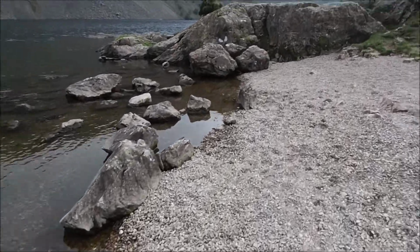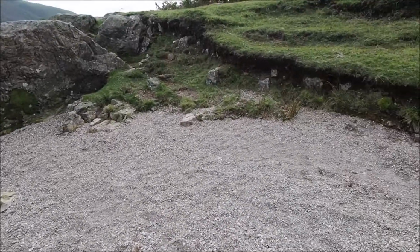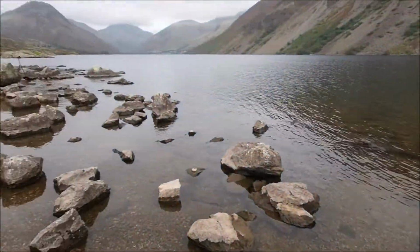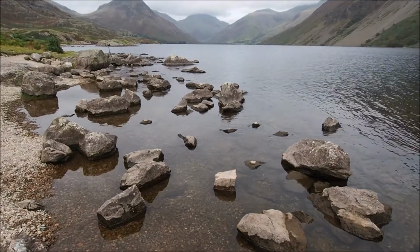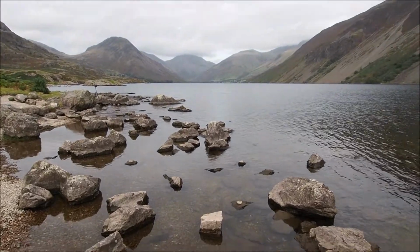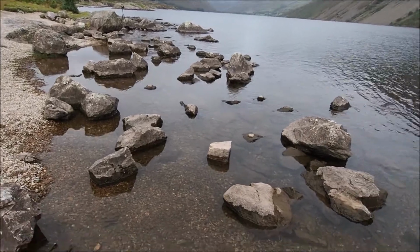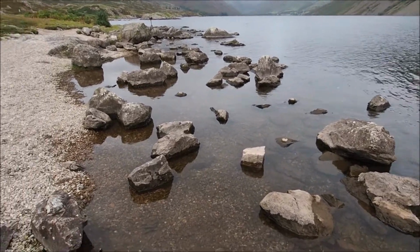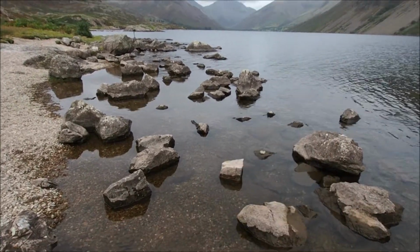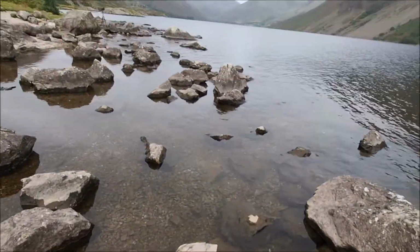Right, so as you can see, I've now moved back down the shoreline. In fact, this is where a couple of other photographers were gathered when I first got here, and they were using this collection of foreground rocks here to act as hopefully stepping stones to move you up towards the view in the distance. But from here there are a couple of things that irritate me. A, the beach, and B, all this blank space in the water, and I tried all sorts, even getting into